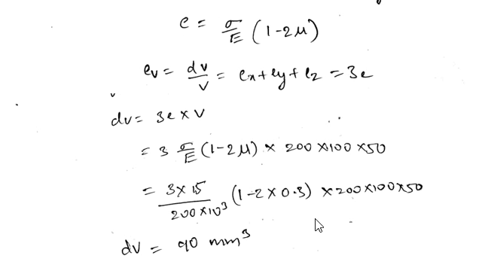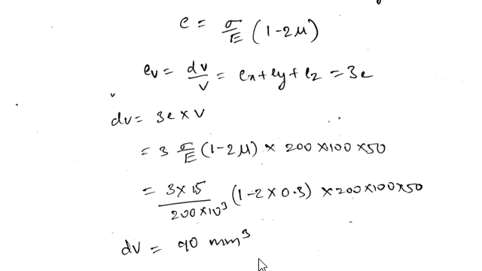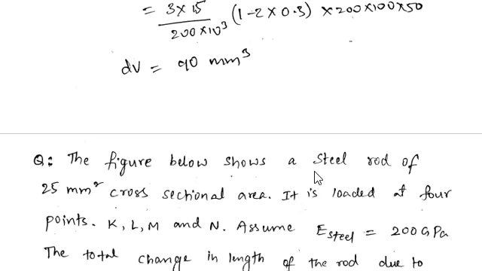So when you simplify that, we are getting change in volume as 90 mm cube, and you can take it as compressive or minus. Here the signs are not given in the answer, so we will take just magnitude. So the change in volume is 90 mm cube. And if you see the next question,